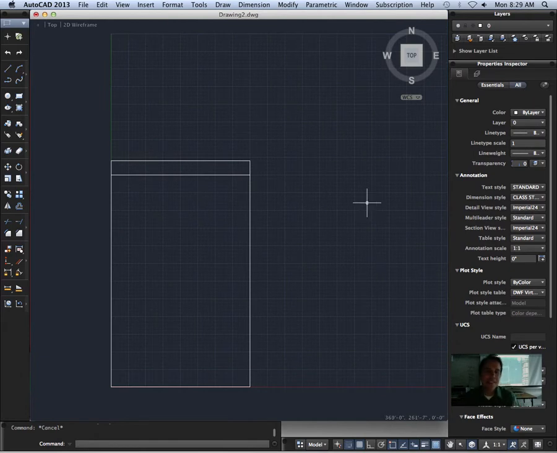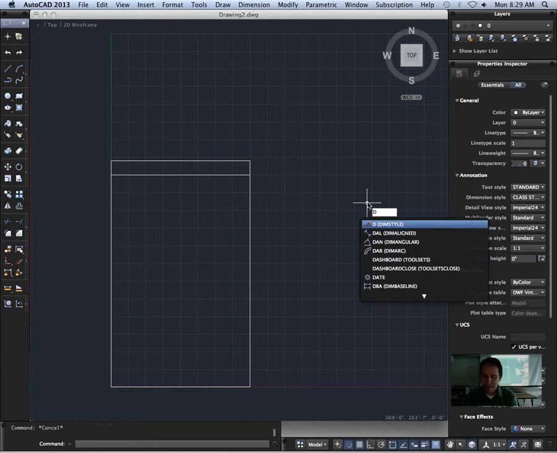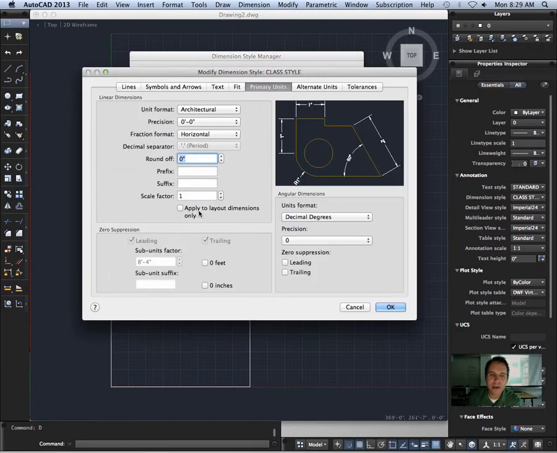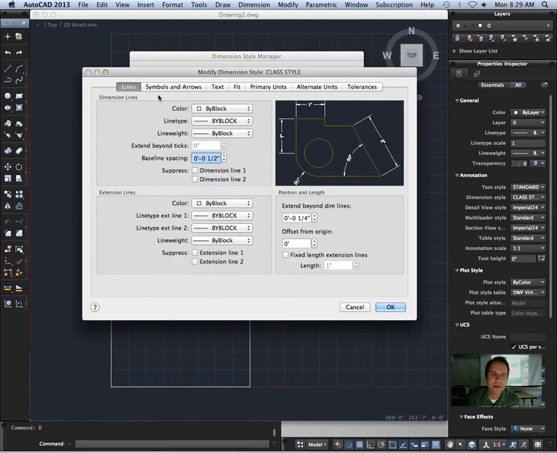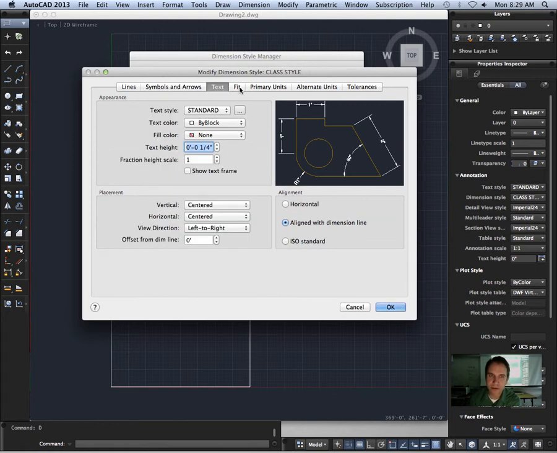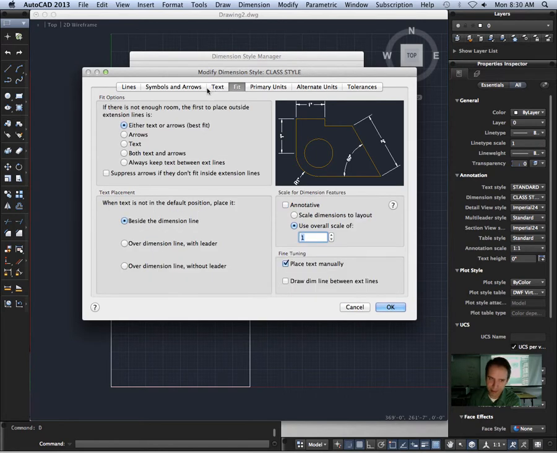So obviously we need to scale our dimensions, and the way we do that is we'll go back into our dim style, which, a reminder, the shortcut for that is just D. And there's a quick and easy way to do this. Normally if you go into all these different settings here for our sizes and everything, it's all set at 1/2 inch, back when it used to work perfectly for us, but now that we're dealing with a huge amount of feet, we're going to have to dramatically scale this. So if you go to the Fit tab,